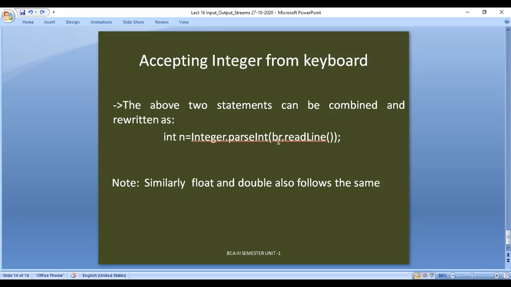If you want to accept a float value, the same signature will be used, but here you will be changing the data types. Here float will be there, and here float will be there, and here parseFloat will be there. Okay. I think everyone understood this.